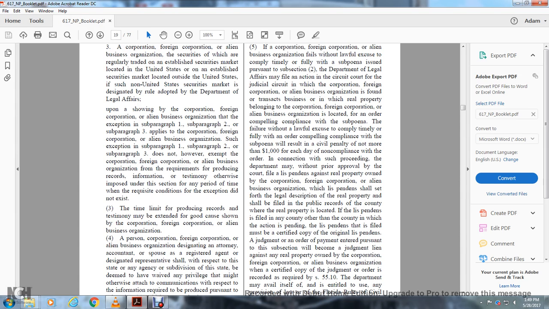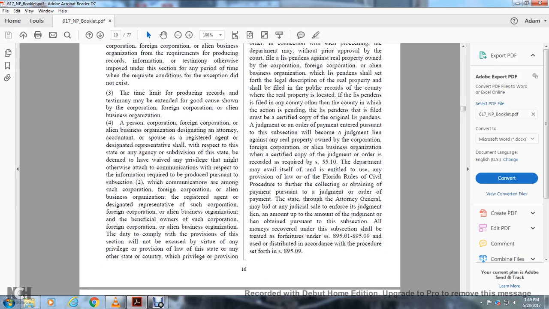Treasury does not, however, exempt the organization, foreign corporation, or alien business organization requirements of producing records, information, and testimony otherwise required under the section within any period of time the condition for the exemption did not exist. Time limit of producing the record of the testimony exceeding the good shown of the corporation, foreign corporation, alien business organization. For a business corporation, foreign corporation, alien business organization designated with an attorney account with the staff of